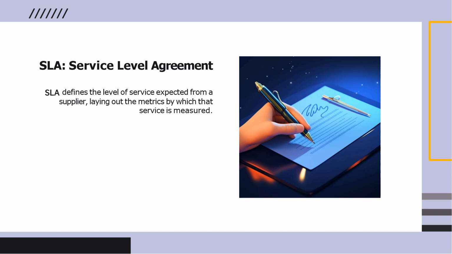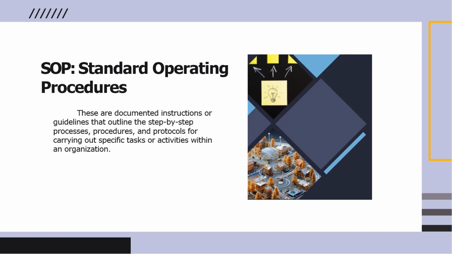SLA, Service Level Agreement. SLA defines the level of service expected from a supplier, laying out the metrics by which that service is measured. So it's sort of like a contract for services that needs to be rendered by an external party. Next is SOP, standard operating procedures. These are documented instructions or guidelines that outline the step-by-step processes, procedures, and protocols for carrying out specific tasks or